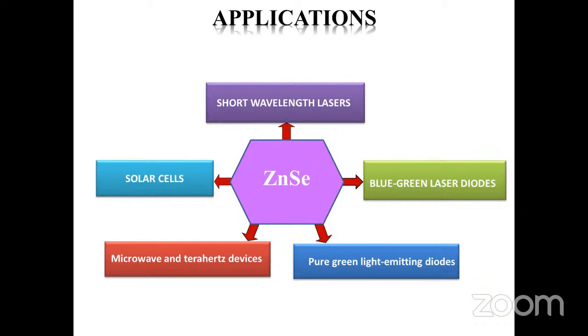The pure zinc selenide layered semiconductor has non-magnetic properties. The investigated compound is a direct wide bandgap material. It has great potential for optical devices such as blue-green laser diodes, short wavelength lasers, pure green light emitting diodes,